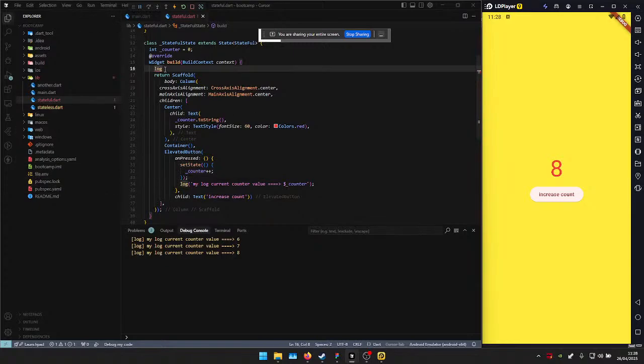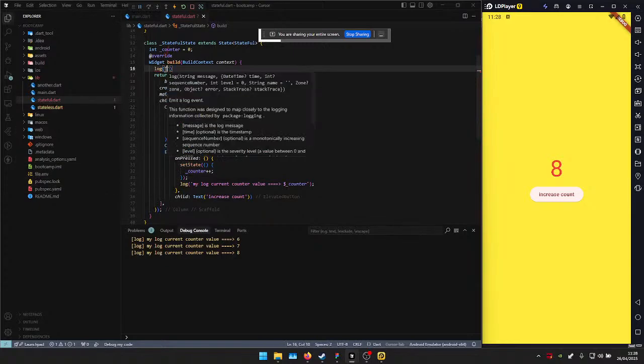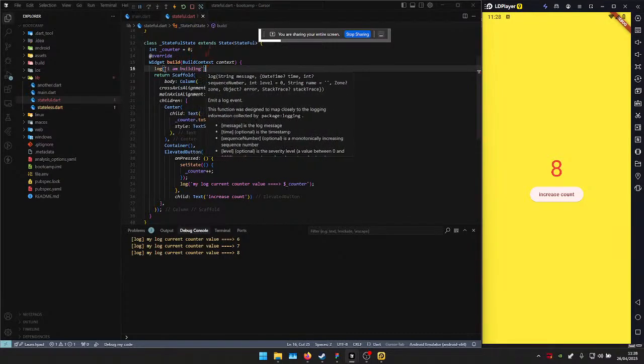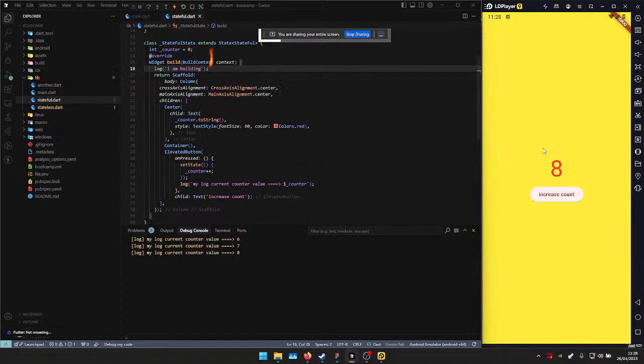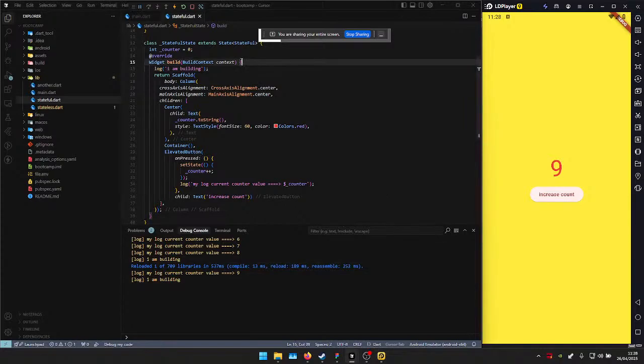So let's say "I am building." Now once I hit increase count, you'll see here "I am building." What this tells you is that it has called this function again, which enables it to redraw this whole screen. And the reason why I am telling you this is that in some